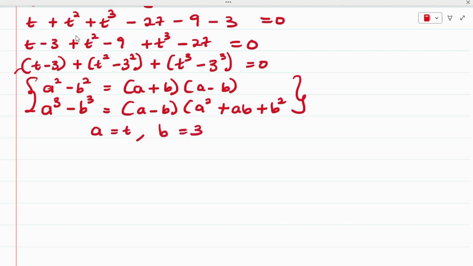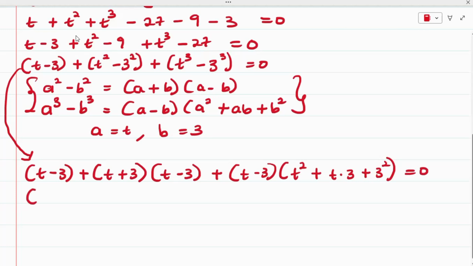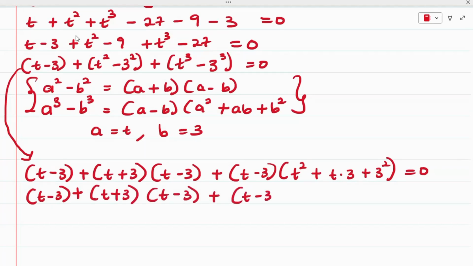From here, we have that a is equals to t and b is equals to what? 3. So applying this, from this point, we have this to be t minus 3 plus, now in place of t square minus 3 square, we have t plus 3 multiply t minus 3 plus, applying the identity of the cubic formula, we have t minus 3 multiply t square plus t multiply 3 plus 3 square, and this is equals to 0. So we have t minus 3 plus t plus 3 multiply t minus 3 plus t minus 3 multiply t square plus t multiply 3 is 3t plus 3 square is 9,